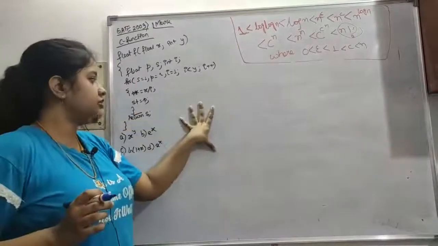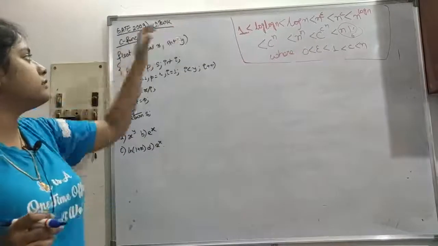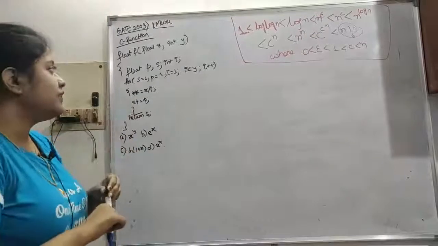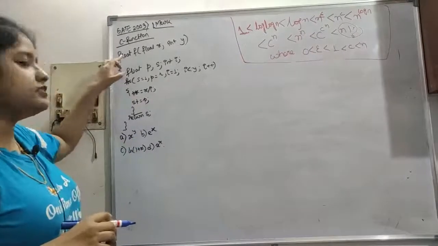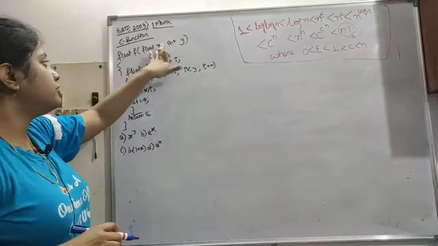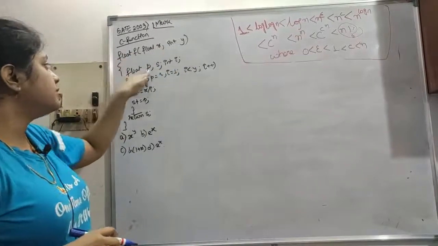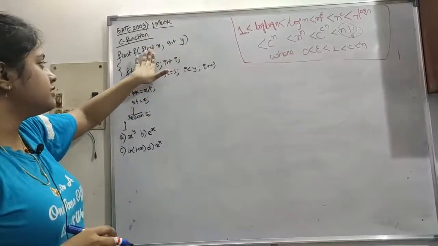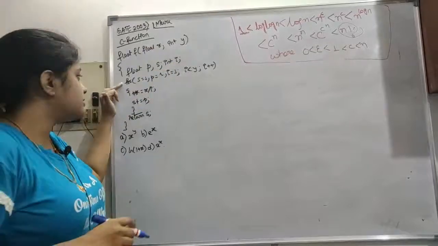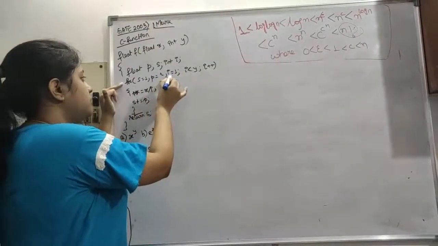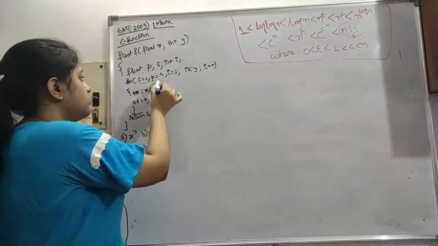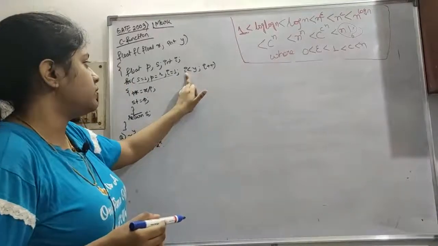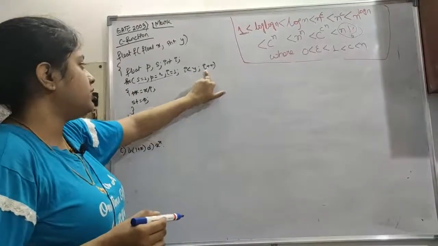This is our next question. It was asked in GATE 2002, a 1 mark question. It is a bit difficult if you see it in just one go, but let's see the question here. A function is given: float f(float x, int y), with float p, s and int I. A for loop is there: s equals 1, p equals 1, I equals 1. This is the first part of the for loop. Then this is the condition checking, I is less than y, then increment I plus plus.